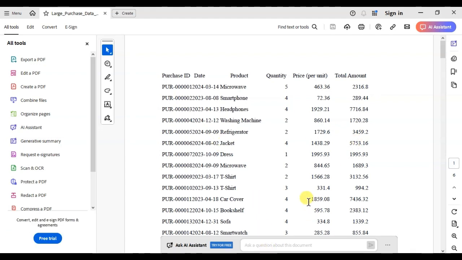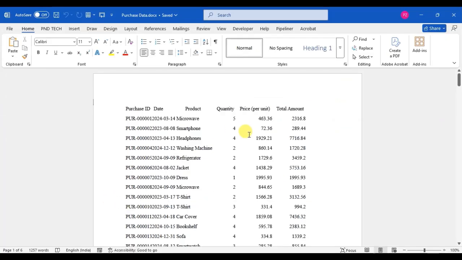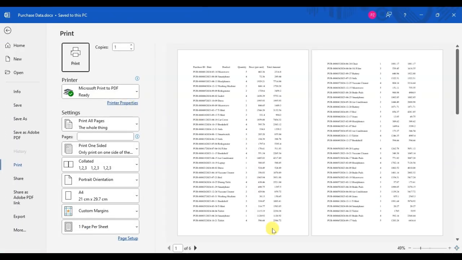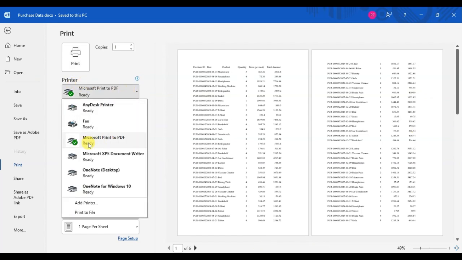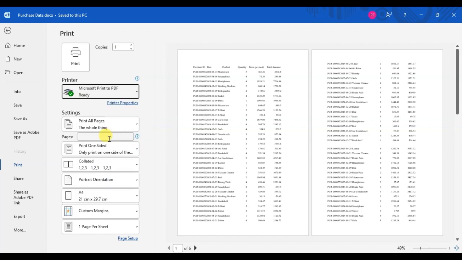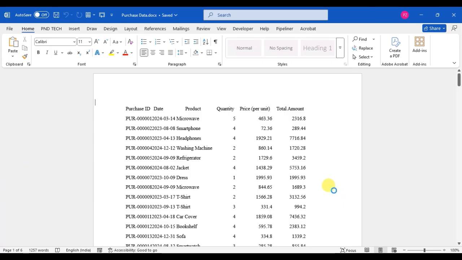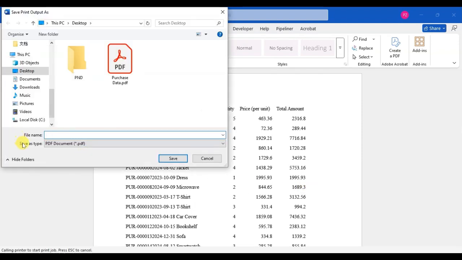The second way: again I open the Word document and use Control P, and here the print preview opens. In the printer option, click on the drop-down arrow and select the Microsoft Print to PDF option and click on Print, and that's it. Here you see the PDF file type is automatically selected. Just enter the file name. So I enter Purchase Data